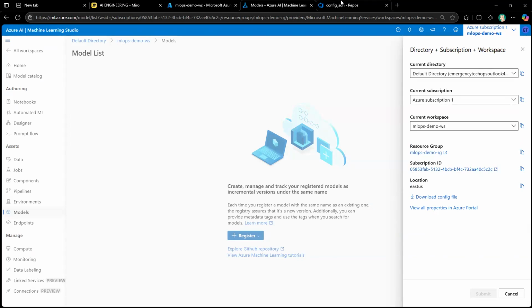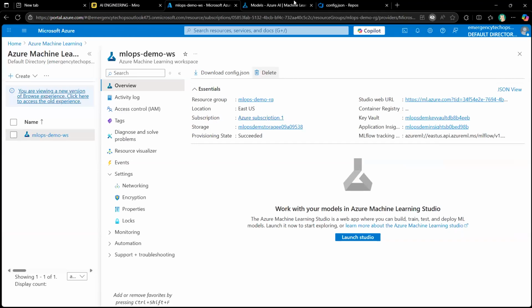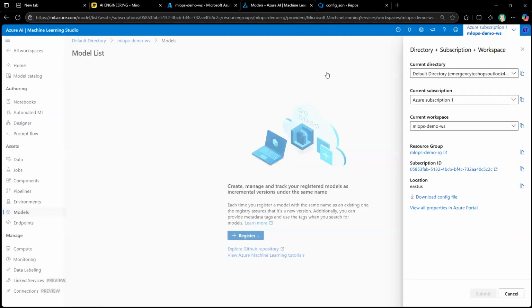Is it the same? Yes, it is the same, so I don't need to make any changes. Since I already have a pipeline that we worked on last time, I can use the same pipeline to deploy my model. If I go and run this pipeline,